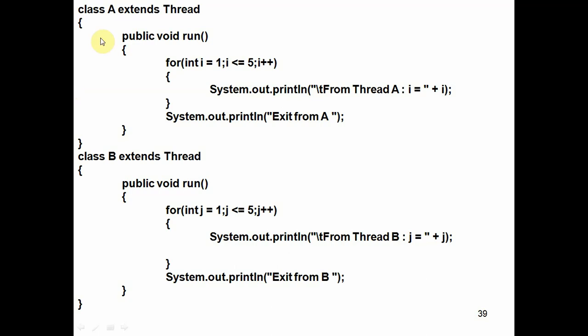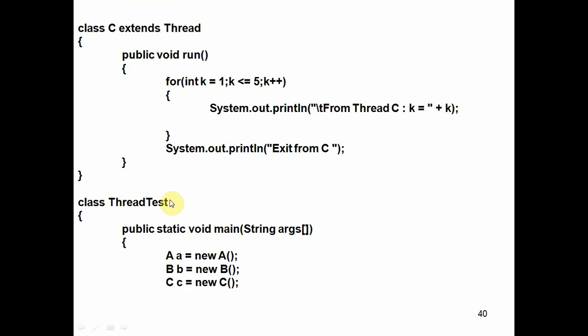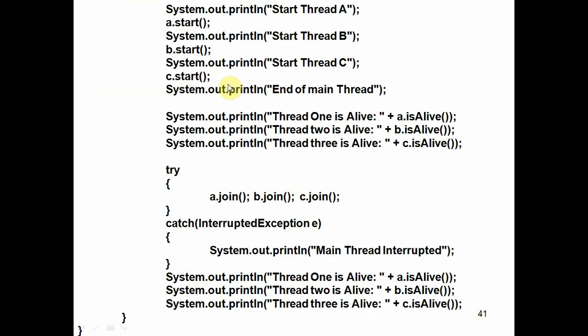Here we will see an example. We create one thread like this, then another thread like this. We created thread objects like this. To check whether the threads are alive or not, A dot isAlive, B dot isAlive, C dot isAlive.